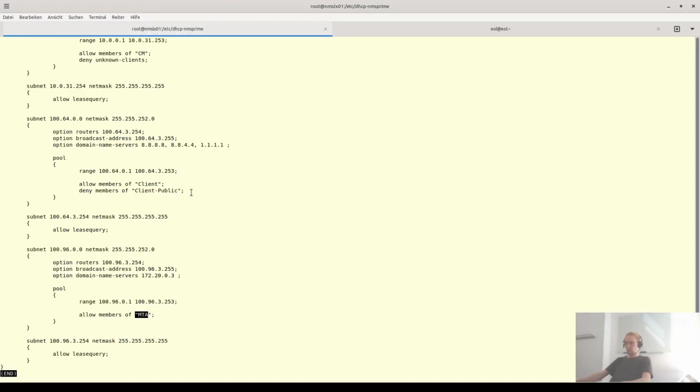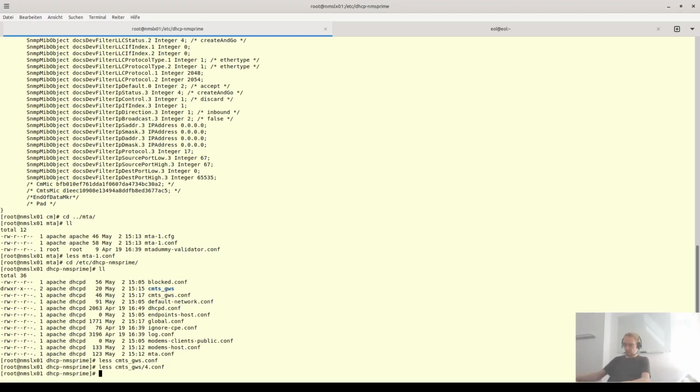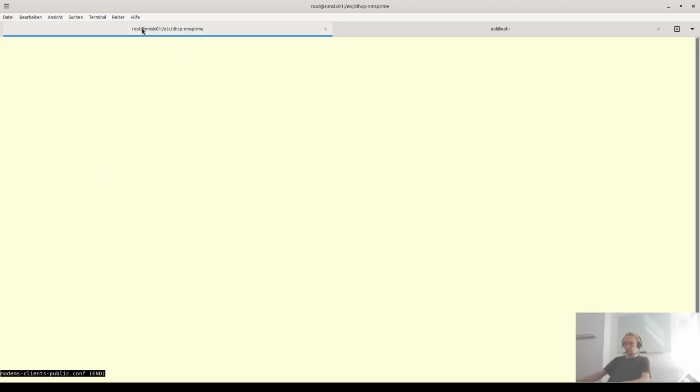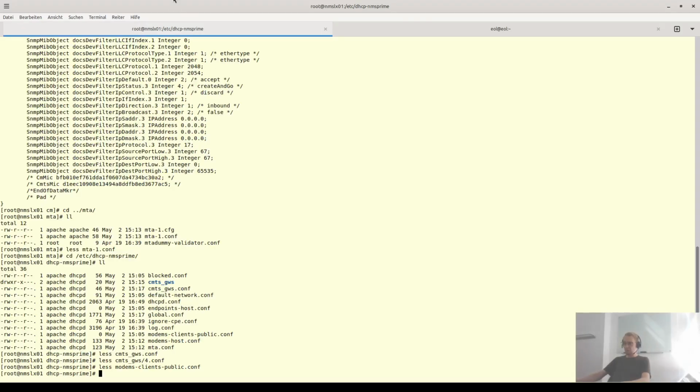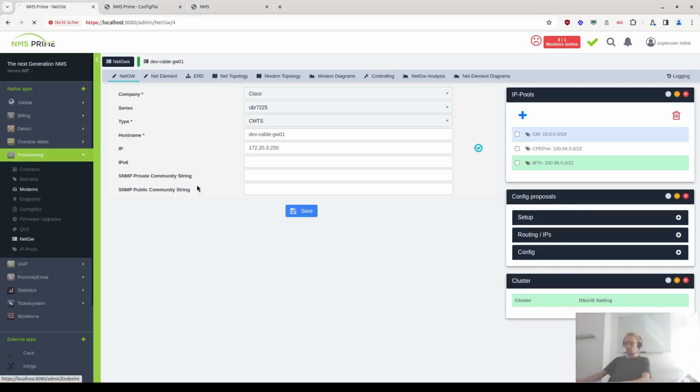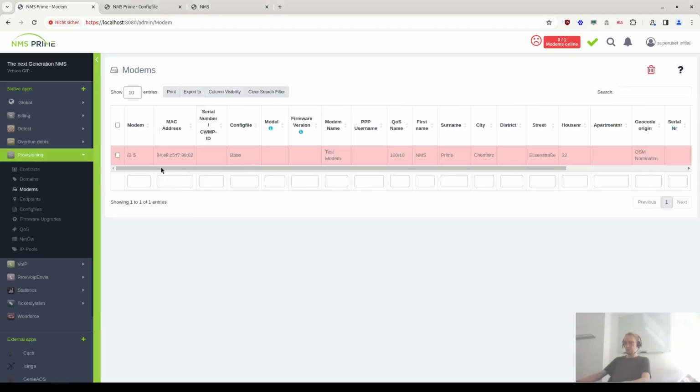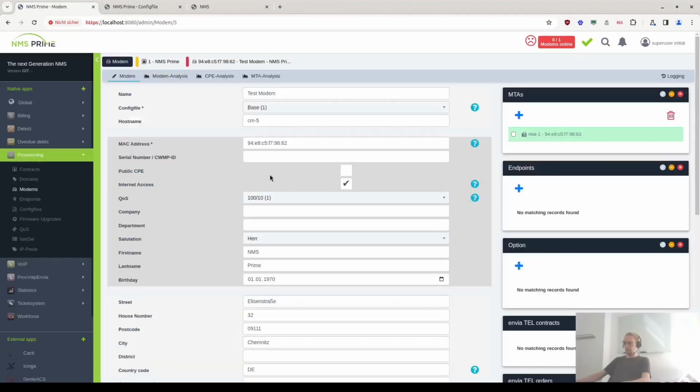I set my modem to be one which is not public, so the CPE should not receive a public IP address. And that's why you can see if I go into my file modems-clients-public.conf, there's nothing in here. On the other hand, if I were to go to my modem and change it such that the CPE behind the modem should get a public IP address, so if I hit this